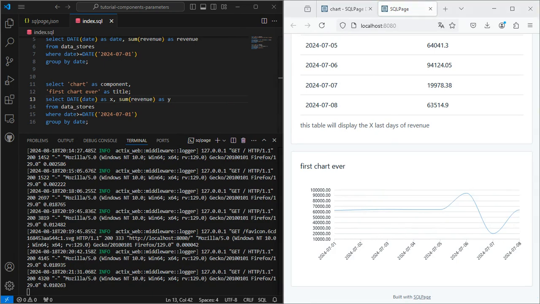We can personalize this component a bit more. Let's change the type of the chart, the color of the chart, and add some X and Y axis names.